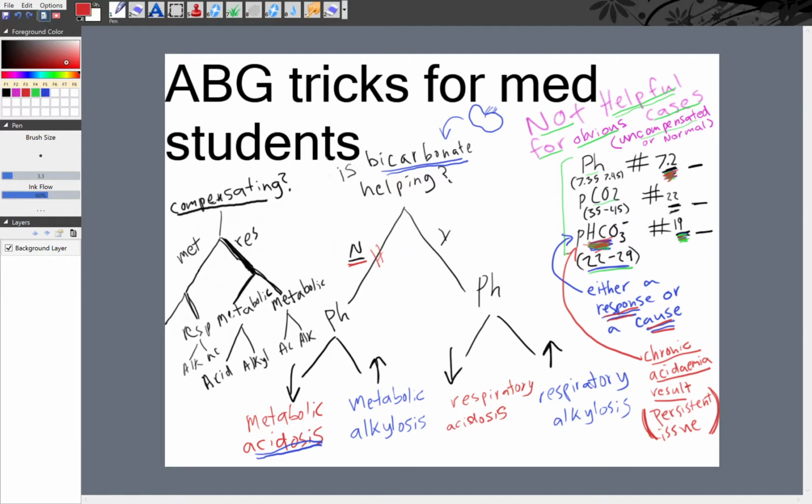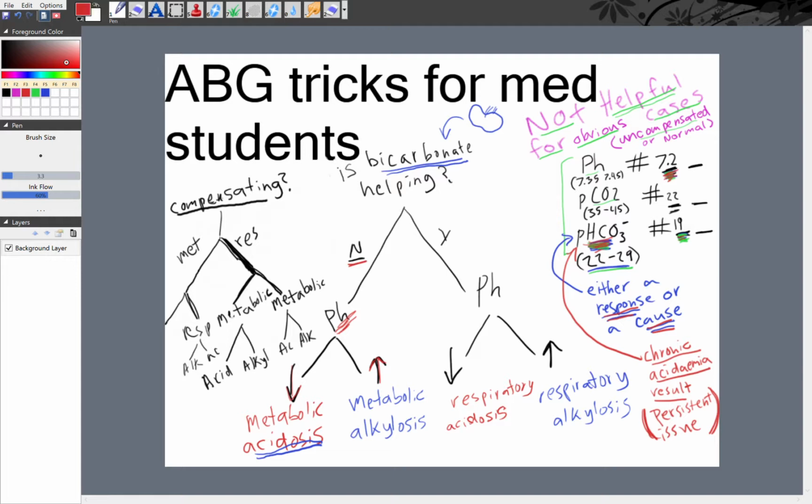Okay, so if it's hurting, then we know that if the pH is low, that because the pH was low to begin with, in other words, because it's hurting, we know that if the pH is low and hurting, being hurt by bicarb, it's metabolic acidosis. If the pH were high, then the bicarb would have to be high to be hurting, and therefore it'd be metabolic alkalosis. Okay,